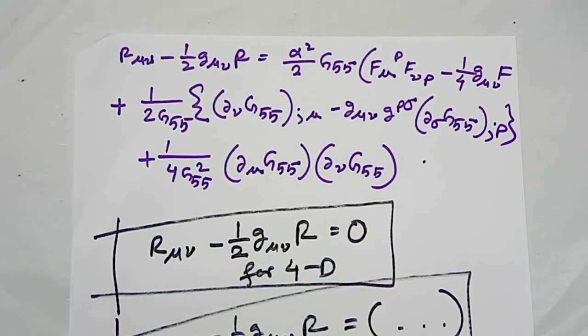So there is a few important results. This is the traceless electromagnetic energy momentum tensor. It is very revealing that the energy momentum tensor emerges naturally in Kaluza theory. Next, many authors and many teachers take the Kaluza scalar G55 to be a constant. This is incorrect. G55 is not a constant. We assume that the G55 is a constant, but not